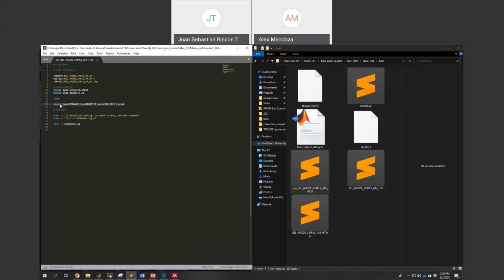You see, this is the command to call Abaqus, so it calls Abaqus with the job specifying the variable job name, with the input specifying the variable input file, and with the user file or the UEL specifying the file UEL. Using these CPUs, you control the number of cores or the number of different CPUs